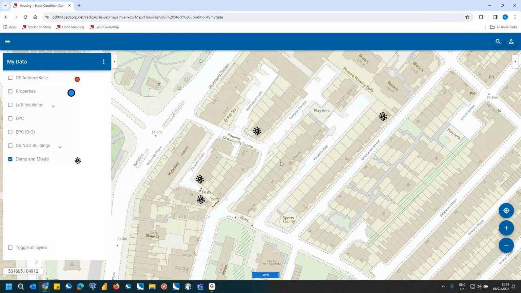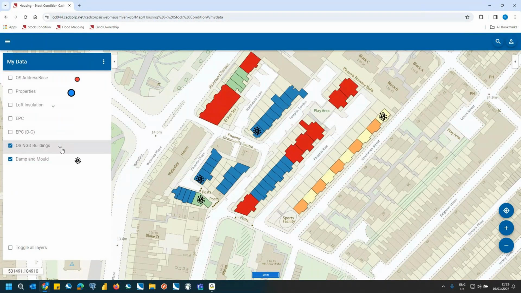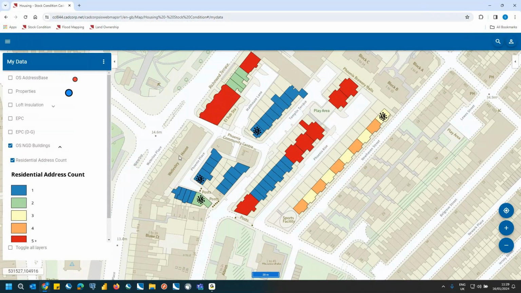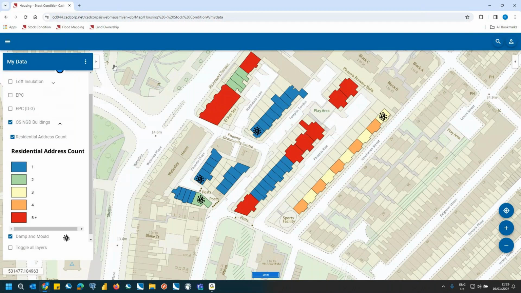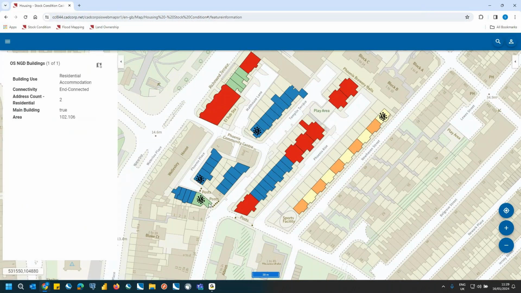Or we could also look at some of the new building attributes available with the NGD buildings theme, and Rob will describe these in a bit more detail later. But here is an example of the NGD buildings features, and I've themed the buildings by the number of residential addresses within the footprints. And if I were to click on this green building here, I can see a selection of attributes for this particular building footprint,